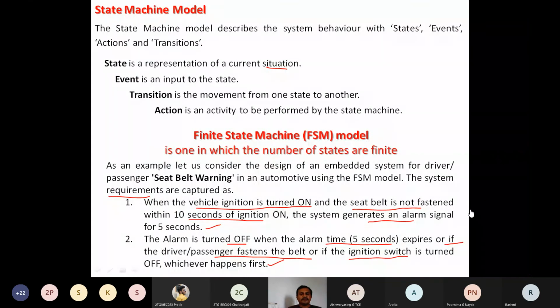Because I am concentrating on this example, this problem statement, because I am going to use this one for the next concept also, which is complex. In the same way, as the implementation goes on, if I do not touch the object, I need to concentrate only on that object. So at that time it becomes complex. But the process is simple, though the system we are going to observe is complex.